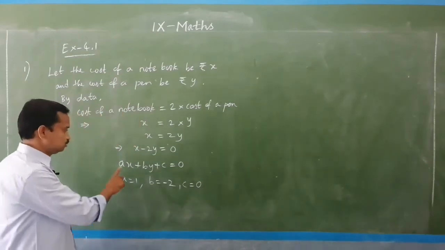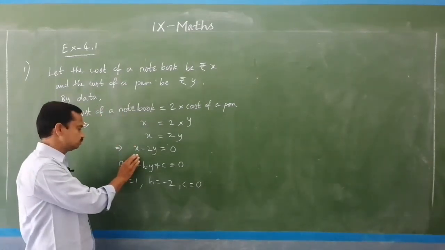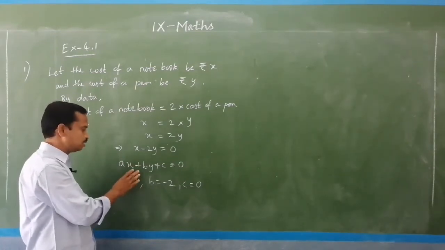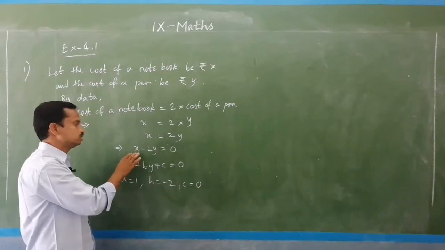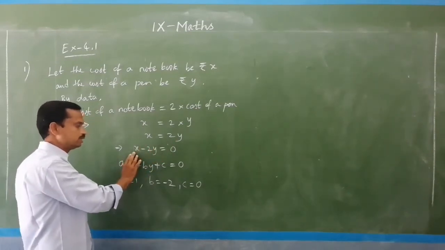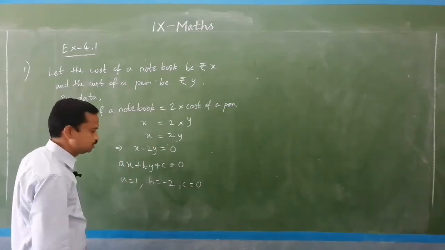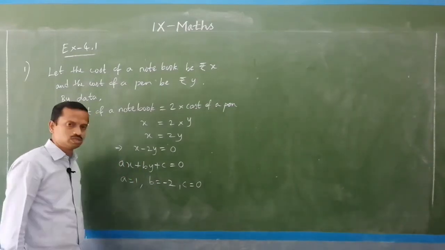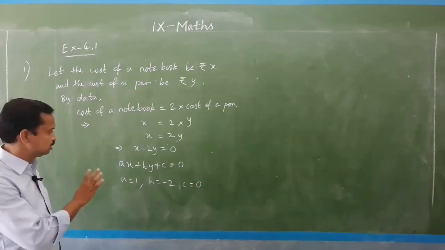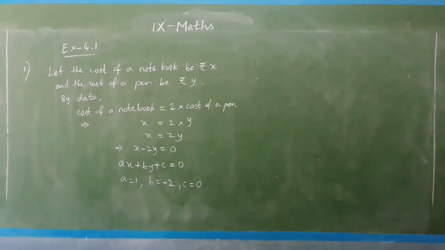Okay. Up to this the answer is over, but I am comparing with the general form and explaining how to write and why we should write in the general form of the linear equation. This is the equation we got, but you have to write it keeping the right side as 0, which describes the general form of a linear equation in two variables. They are asking just to frame an equation, that is all.